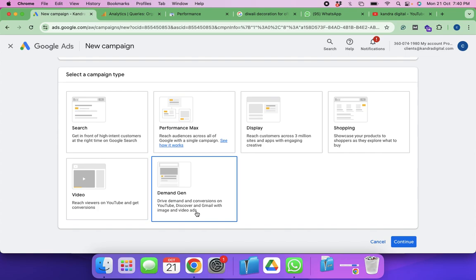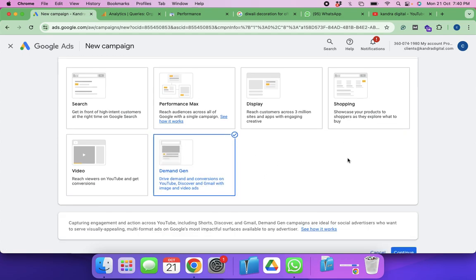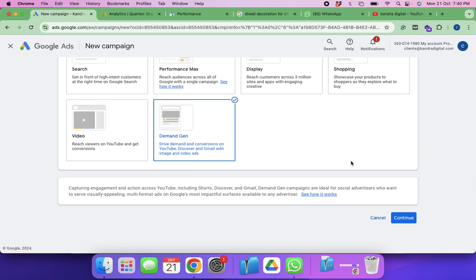Drive demand and conversions on YouTube, Discover, and Gmail with image and video ads. Basically, your ads will get displayed everywhere except the searches. Sorry, you don't get on the display network. It will be on YouTube, on Gmail, on Google search partners or networks. Okay. So it is very much similar to any other campaign, but since it's not explored, we will look into it today. Yeah. Just click on continue,